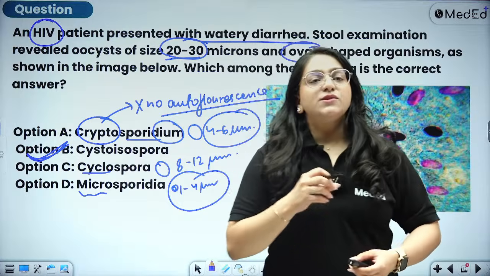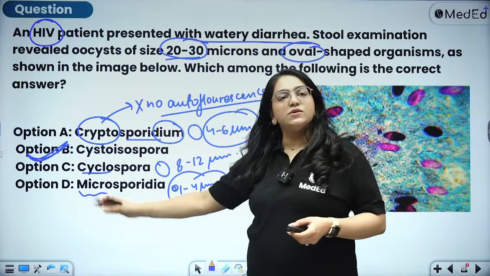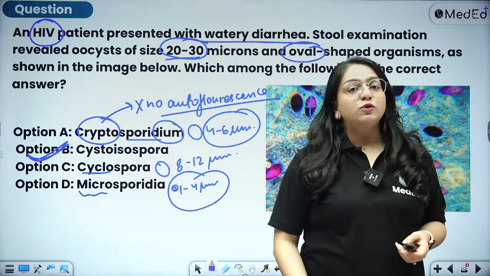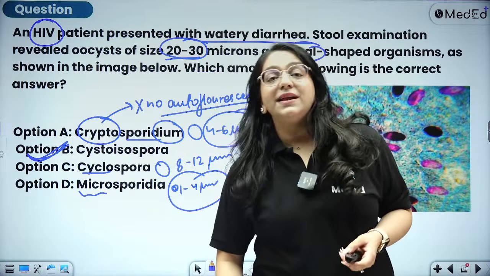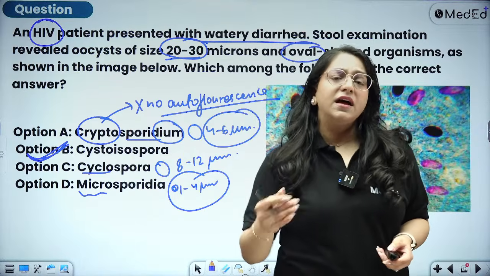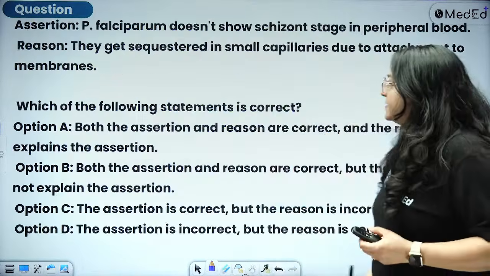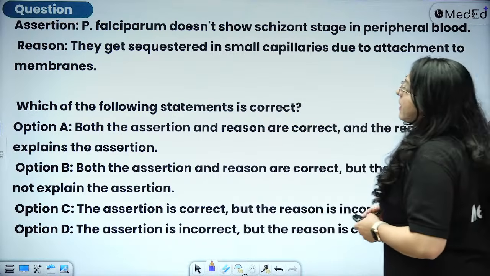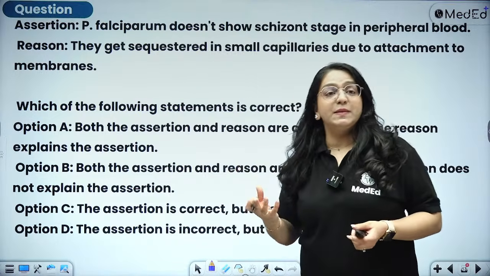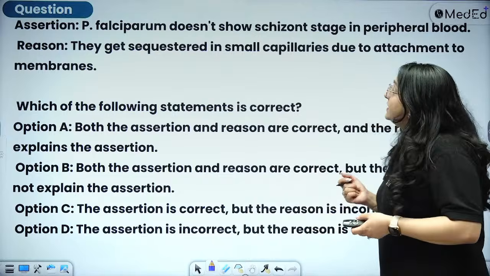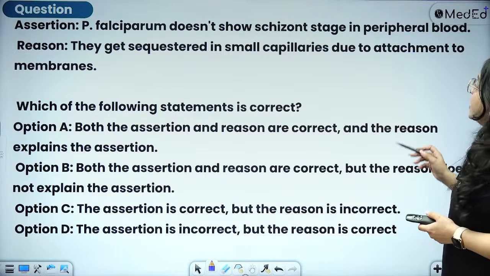Not gram. So AFP positive, all 4 are AFP positive. Microsporidia can also be seen on permanent stains such as the trichrome stain, etc., which is done for all parasites anyways. Okay. Plasmodium falciparum, assertion reason, again a very specific INI CET pattern question: it doesn't show Schizont stage in the peripheral